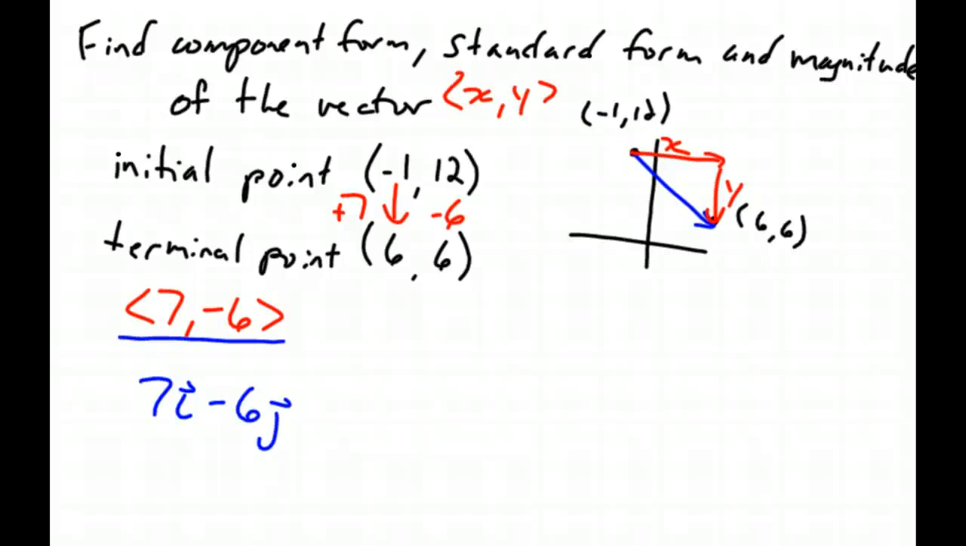Yeah. So here are our two forms, component and standard form. If you want to find the magnitude, it is basically the length of the vector. So if I just want to find the length of the vector, and I know that this is 7 and